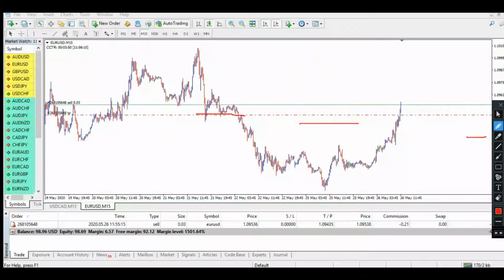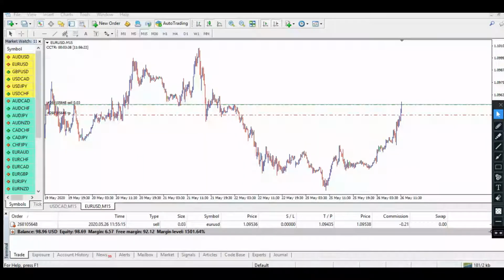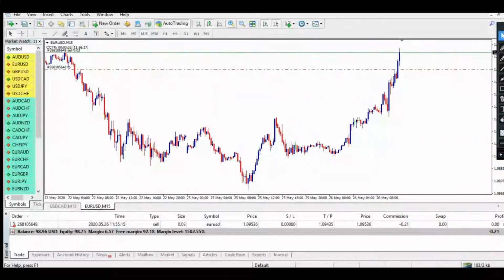this particular area acted as a support. So if the price breaks out of this place, the price will definitely come to this place, and after that, boom, it will go up or it will go down. So this is how support and resistance work. Let's see what is going to happen with this trade, while I explain another thing.